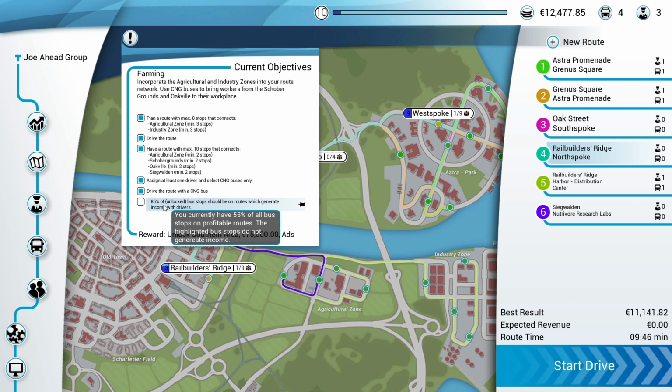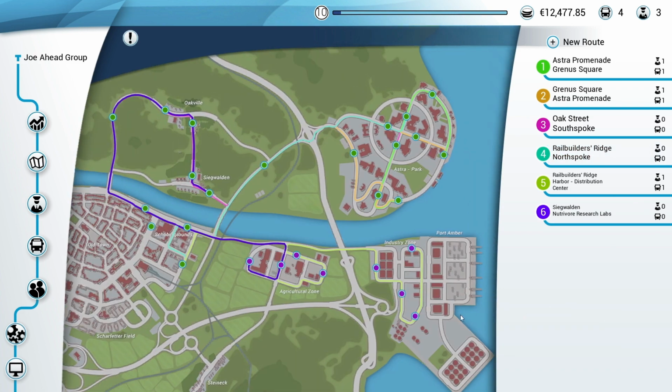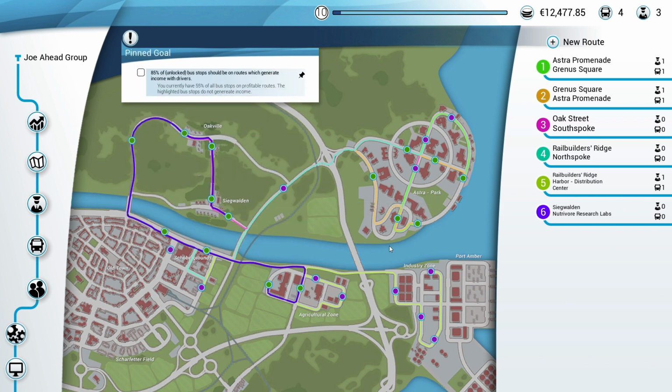So, basically it says the highlighted ones. Does it mean the purple ones? That can't be right, because they're... Oh no, the highlighted ones are the ones that are new. Do we have to click that? There we go. Right, we'll click that. Okay, so the highlighted bus stops are the ones that don't generate income, and that is because...